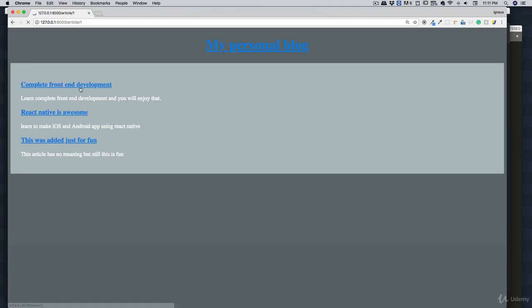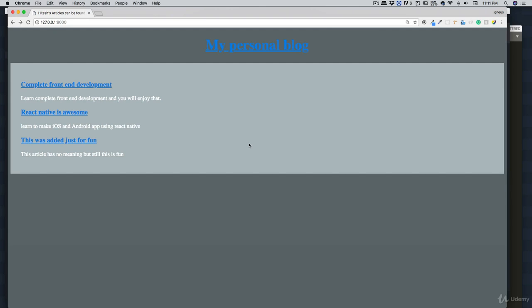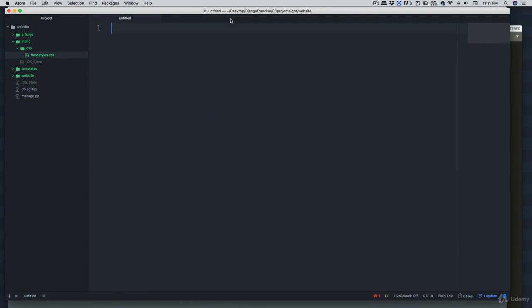Not amazingly good, but it's a decent one. It's at least better than what we were having. So this is what we are having, and we're going to apply a login thing here. It's actually very easy to apply the login functionality. Just for the sake of difference, I'm having a few different things here. Okay, so let's proceed with how we are going to work on the login here, and we're going to work on the